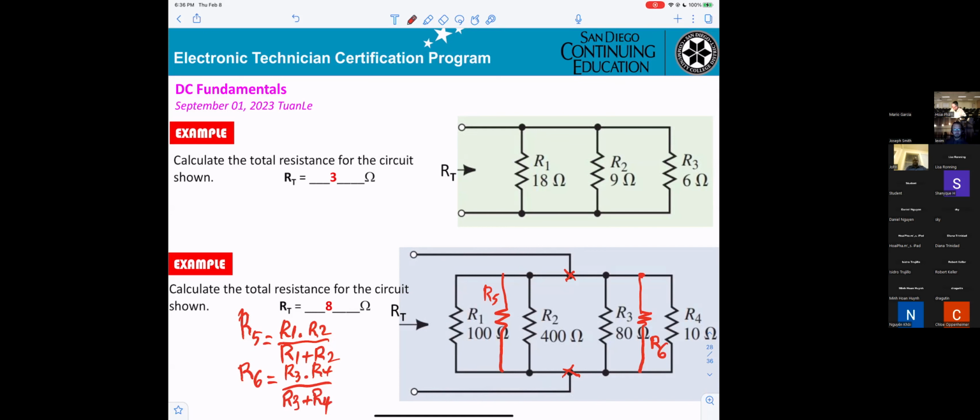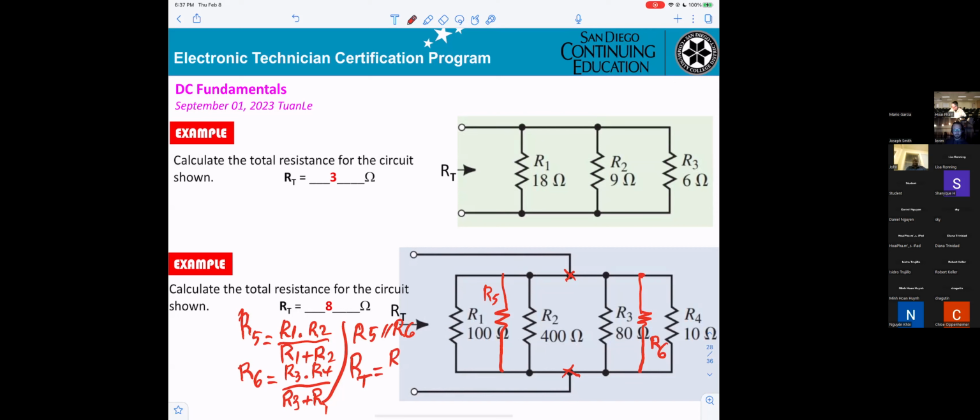Okay? After you calculate R5 and R6, now R5 is in parallel with R6. Then you can calculate RT